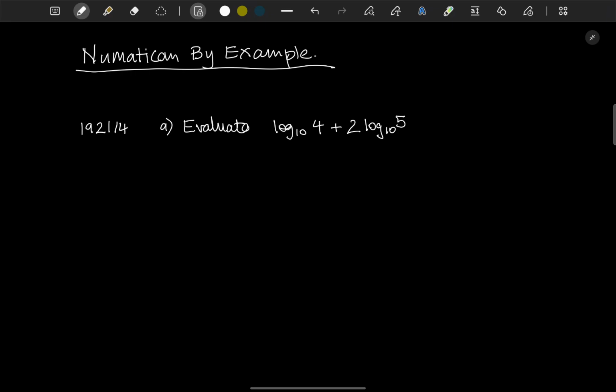I'm currently learning a new mathematical language called Numatican, which is still maths. It's just different words occasionally and different nomenclature. I'm going to refer to classical mathematical language as SEML, and Numatican by either Numatican or Numi. So CML or SEML is traditional maths, and then Numatican is this new language. And I thought I would just share with you an example